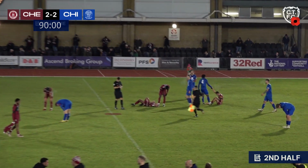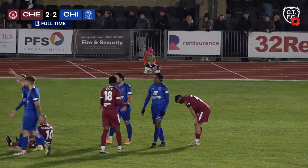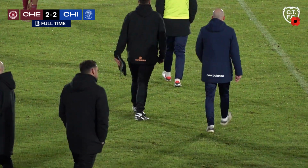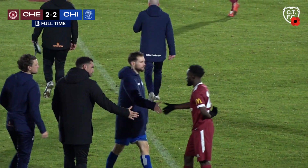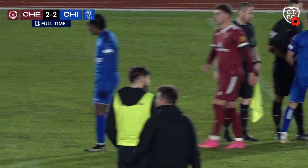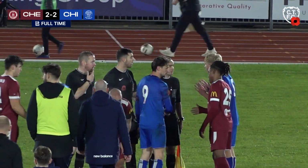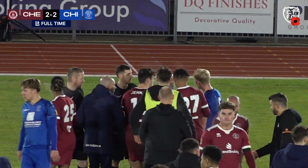Well, an action-packed game. 1-1 in both halves. Chelmsford, a bit of a flat atmosphere it feels like here, despite them scoring in the 93rd minute to equalise. They maybe feel it's a couple of points dropped despite not leading. They feel like they could have gone into this game with a win, but they continue their rather miserable home form. Still not won at this ground in the league since the end of August. But Chippenham continue their impressive away form of not losing. That's still only 3 away losses in 2023, but a hard-fought, gritty point that probably could have